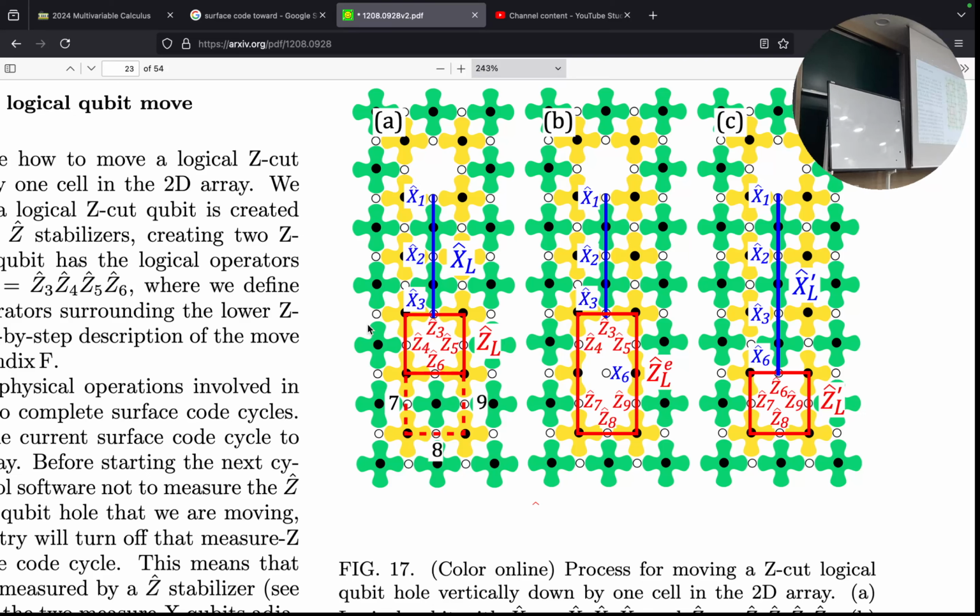So first you take this first cycle to make a hole, the cut here, and in the next cycle you make the hole bigger, the cut bigger, and in the next cycle you turn on the stabilizer that you don't want to be a hole. So you actually end up having the same effect of moving the cut one step further. And along the way, you actually have to make an additional X gate in here, X6 here, to make your